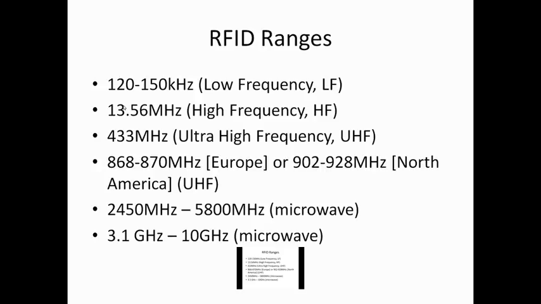The different ranges are from 120 to 150 kHz, which is low frequency, 13.56 megahertz, high frequency, 433 megahertz, which is ultra high frequency, and another ultra high frequency band, which in